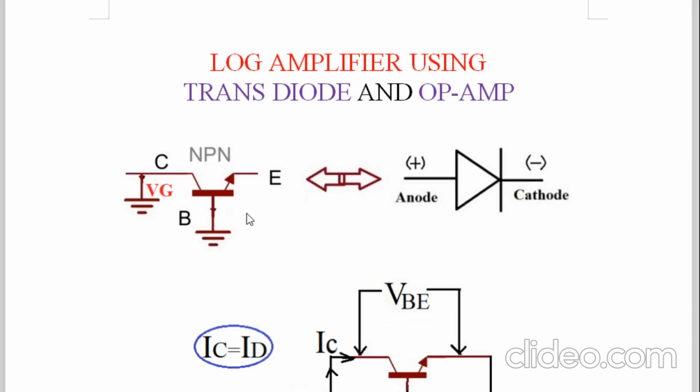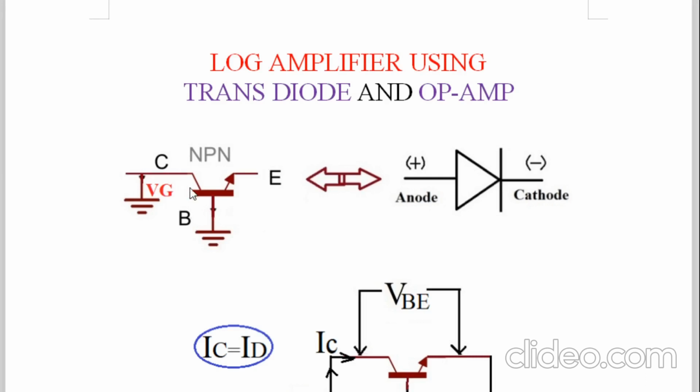So in the case of a transdiode, I have shown you the symbol. You know that a transistor is either NPN or PNP. Now we'll talk about NPN. In NPN, there are three layers: N-type material, P-type material, and again N-type material. And there are two junctions, the J1 junction and the J2 junction. The J1 junction we call the junction between collector and base. The J2 junction we call the junction between base and emitter. Both the junctions are PN junctions because the base is common. So here is a transistor which I have represented: collector, base, and emitter.